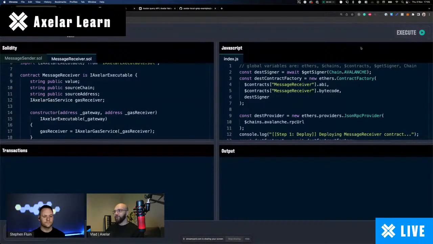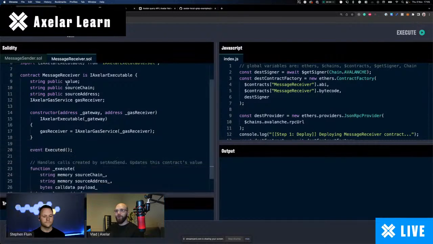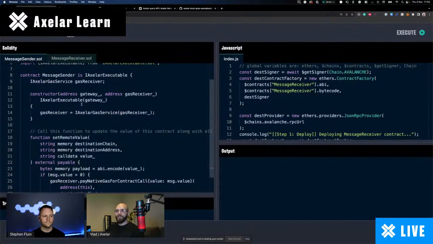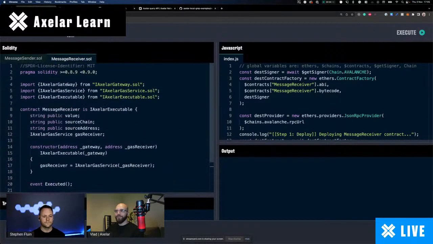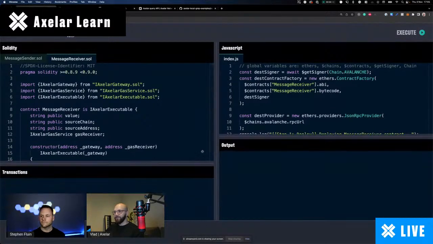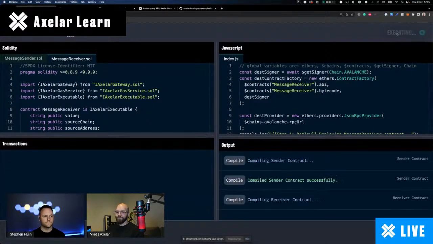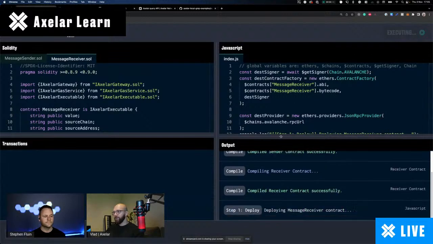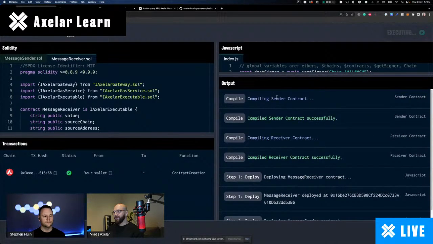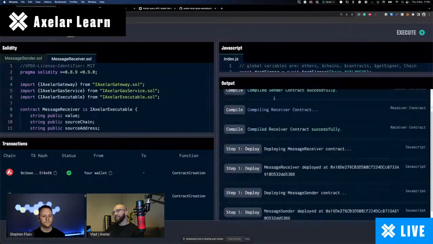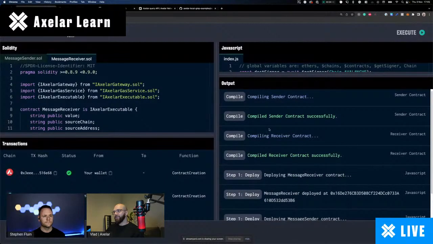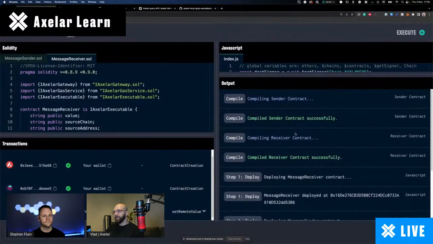So basically what it's going to do is that it's going to deploy the contracts, message sender and message receiver, and it's going to run that JavaScript, right? So let's execute that to see what will happen. And we see some logging here. We see that the sender contract has been deployed. The receiver contract has been deployed. Then